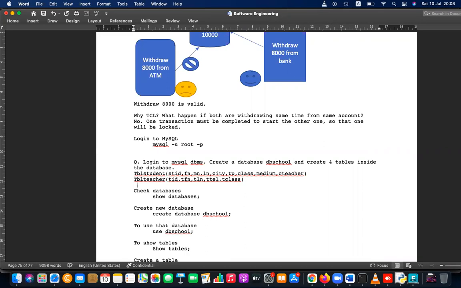Then the class table, TBL class. It has class ID, class grade, class type, and class teacher.